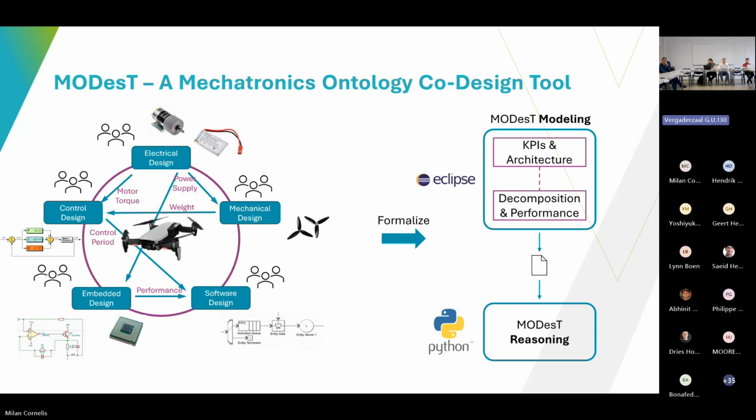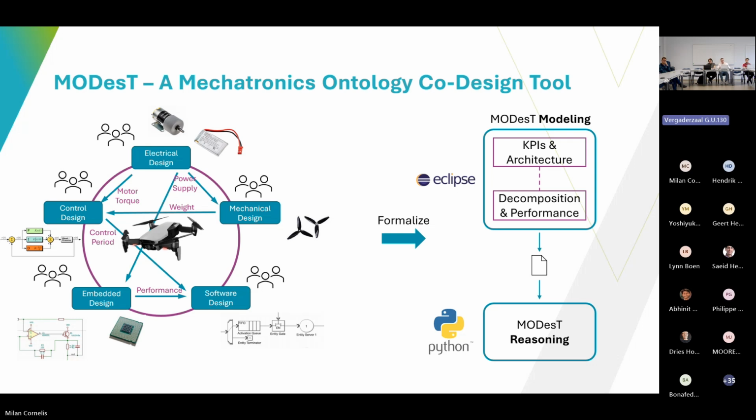But they all have a certain influence on each other, which is either implicit knowledge, where they think, okay, I don't need to communicate this to other teams because it's not relevant for them, or they might even not know that their domain-specific design influences these other